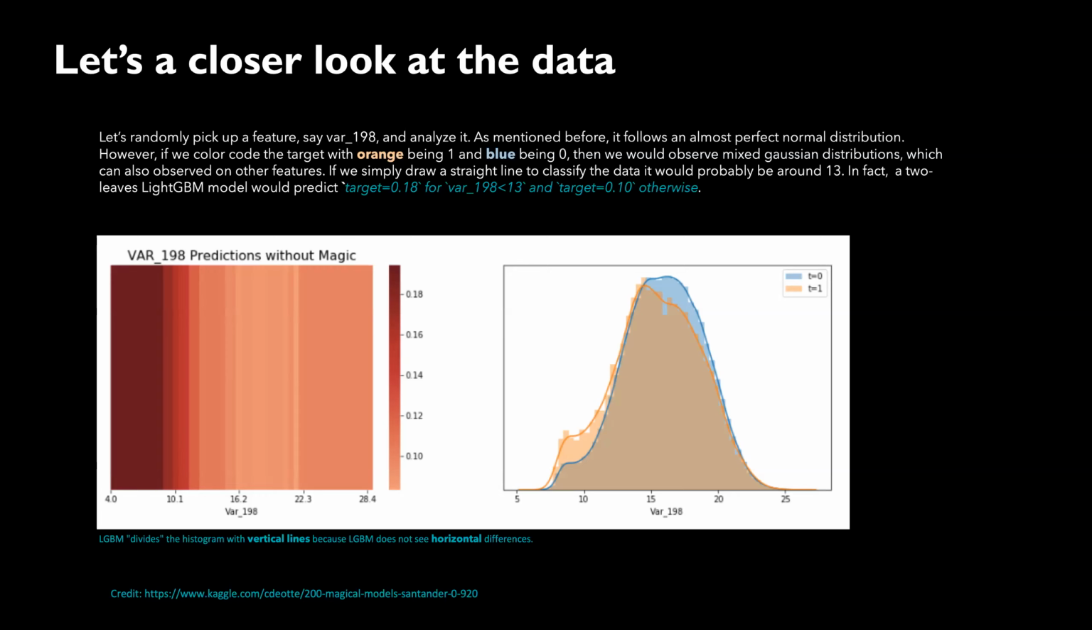So if we come up with a simple approach to differentiate the two groups, we would probably just draw a straight line here, close to 11 or 13. It's actually 13. If we draw a line at 13 and calculate the probability of the target, then for all the samples with a value less than 13 on variable 198, the probability of the target is